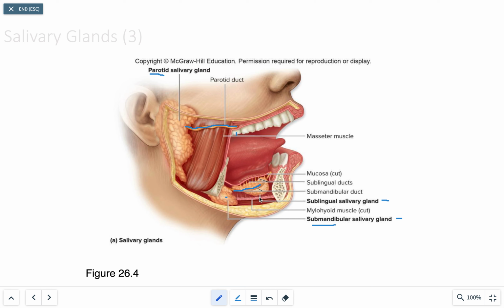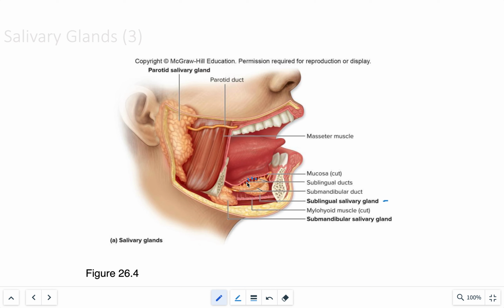And then finally we have the sublingual gland. I'll erase this here. And so we have the sublingual gland, and then we also have these sublingual ducts. And some characteristics of the sublingual gland are that it's just inferior to the tongue. These ducts